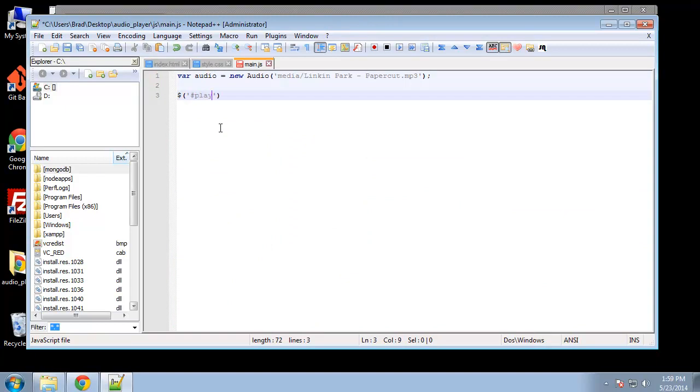So we just put in here play, and when it's clicked on, we want to run a function. If you know jQuery, this should be very, very easy. So we want to do what we just did, say audio.play. Okay, so now if we save that,